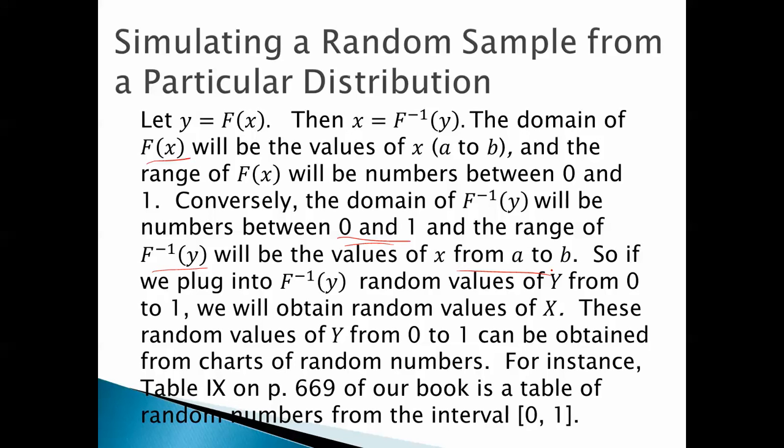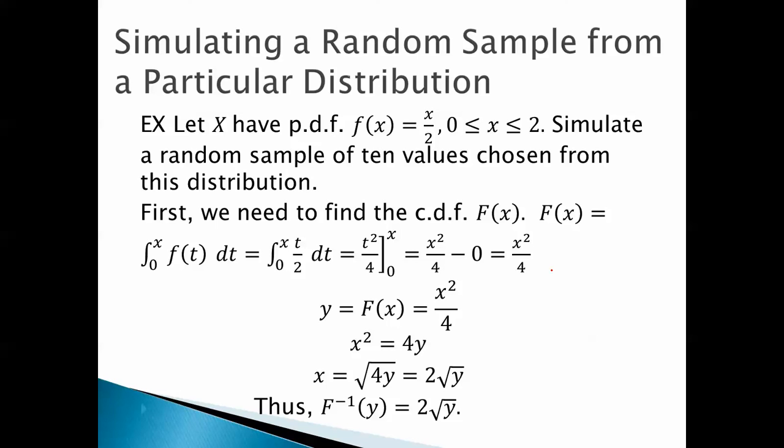For instance, table 9 on page 669 of our textbook is a table of random numbers from the interval from 0 to 1. So for example, let x have PDF f of x equals x over 2. Simulate a random sample of 10 values chosen from this distribution. First, we need to find the CDF, capital F of x. Capital F is just the antiderivative, the integral from 0 to x of f of t dt. It's the integral from 0 to x of t over 2 dt,